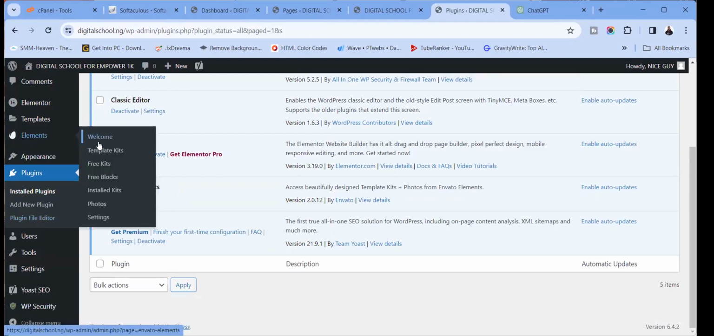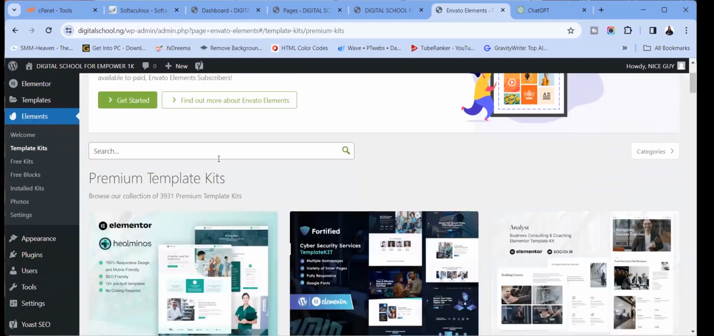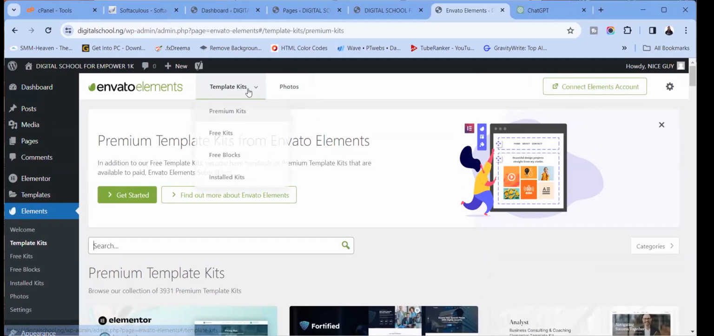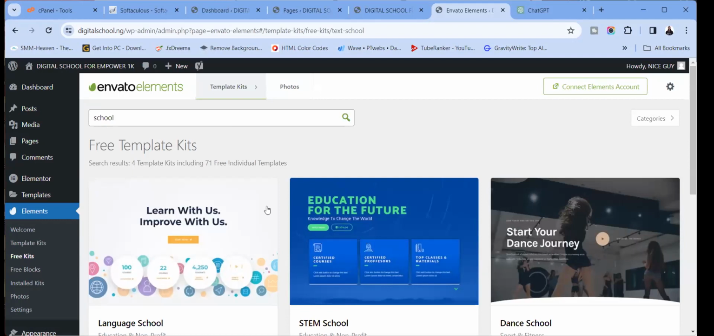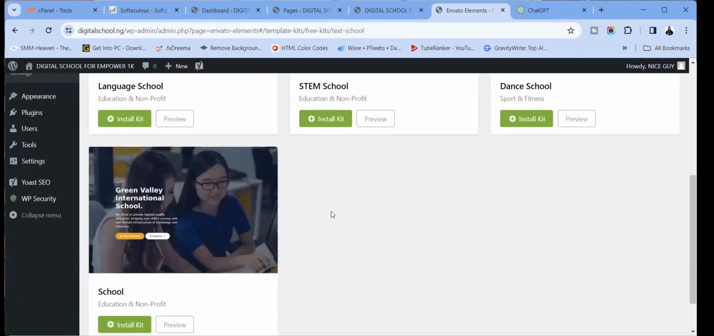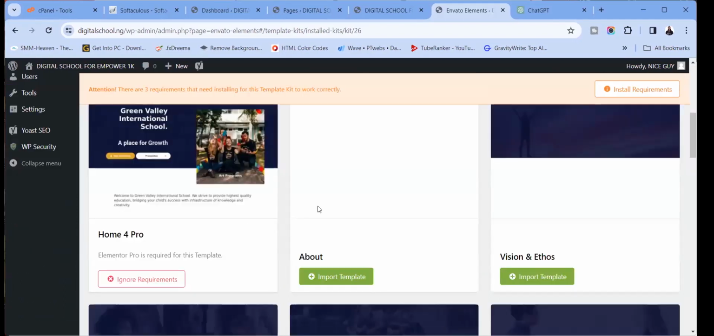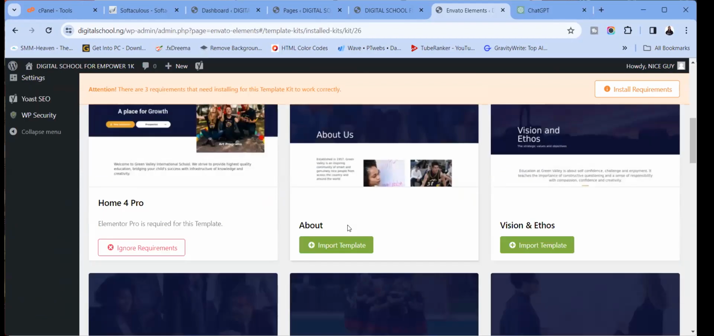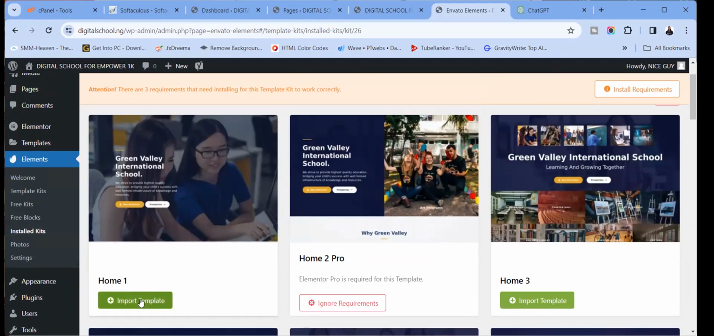So under elements, you see template kits, okay? And then search for free kits, okay? And then search for school. Let's hope we see a school here. All right, okay. So you can see one here, Green Valley International School, okay? Then this is what we have here, showing us that there's home,